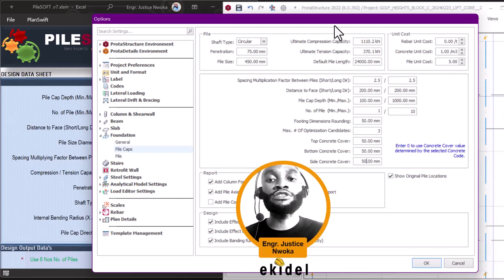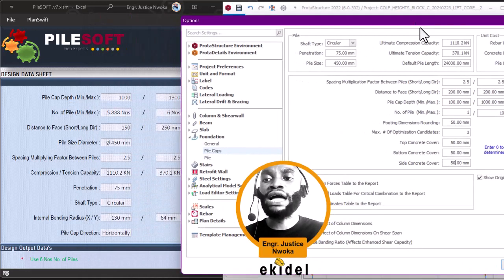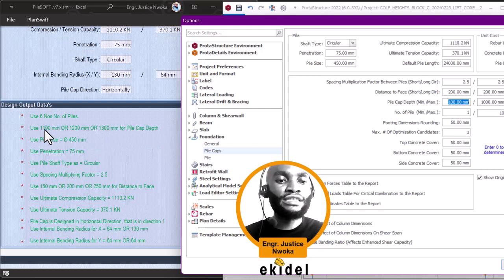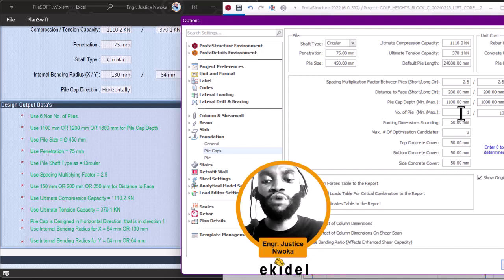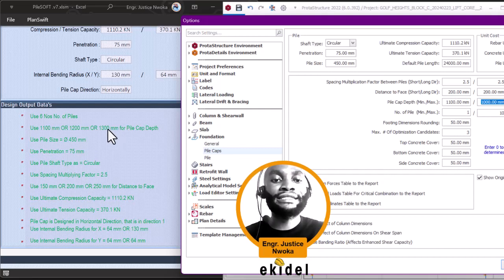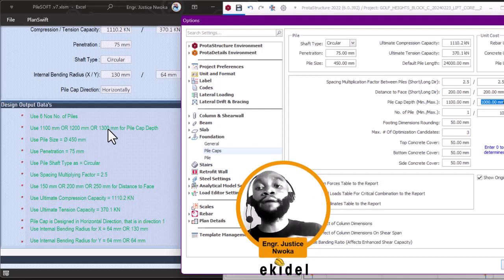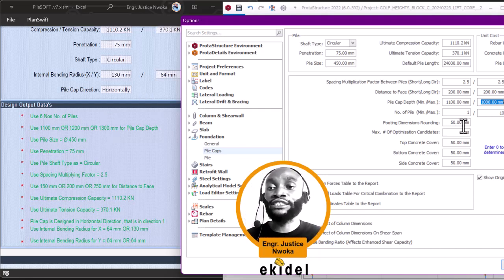We are left with the pile cap depth, which is here. You can see that from the PileSoft, they say the minimum is 1100, so put 1100, and the maximum is 1300. Although that's based on the load of the column. But right now our advice is just put the maximum here, although it can still be changed later. Let me choose the maximum to be